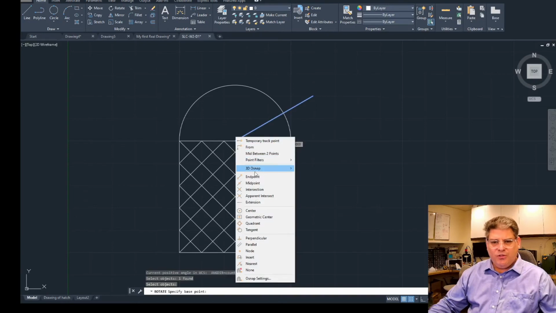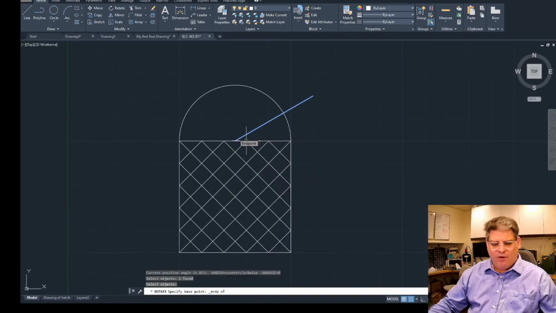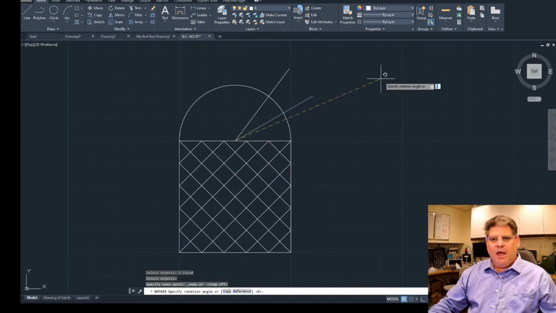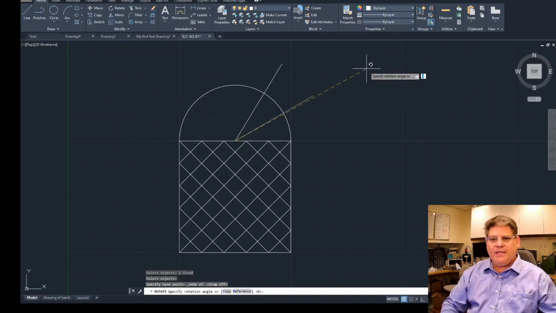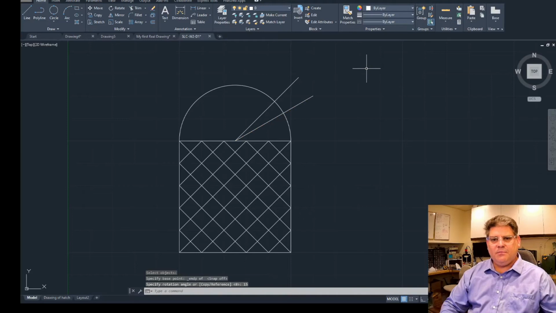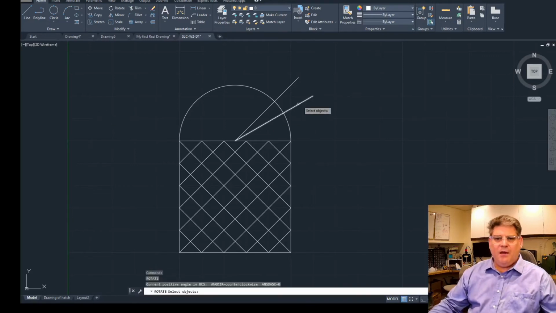And we'll choose, in this case, the endpoint. Turn off my snap here. Good snap. And you can see that we're able to manually rotate this around, or it's asking for an angle. We were at 30, we want to go to 45, so we need 15 degrees. That's easy enough, right? We can do the same again. Okay, so now we're at 45 and we want 60 degrees. So we could